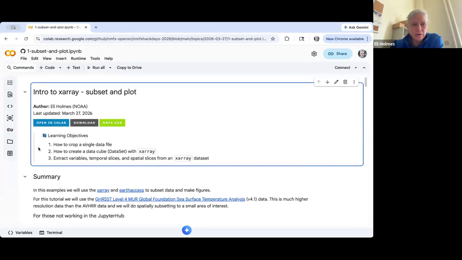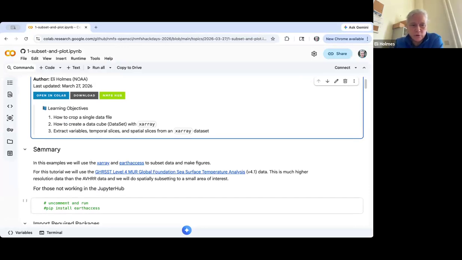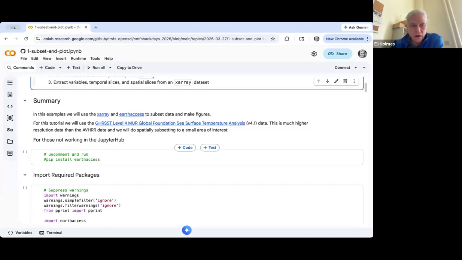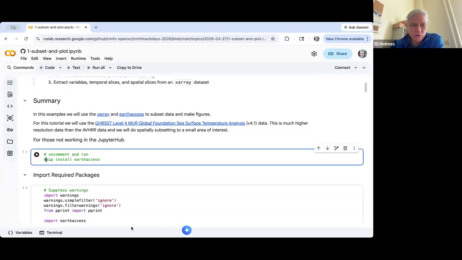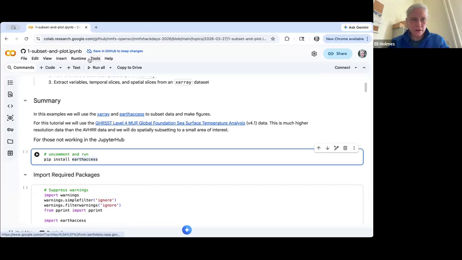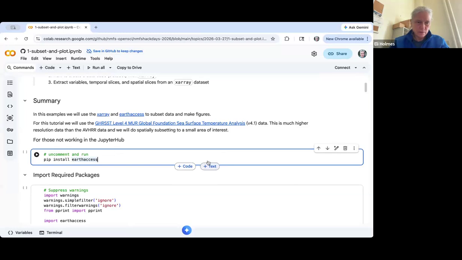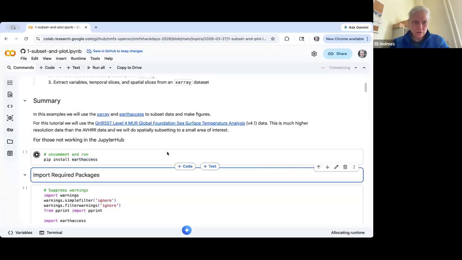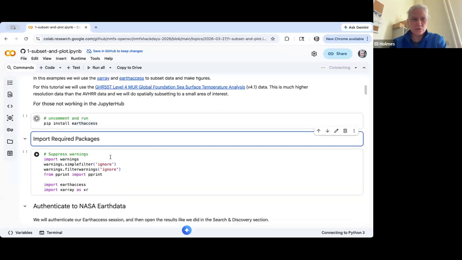All right, so now we're in Colab. First off, we're going to open up a single file and crop it. The example I'm using today does use earthaccess, so you will need to run that. In our other examples, we won't be using earthaccess. We'll be using data we don't have to authenticate to, but I grabbed this tutorial from one of my